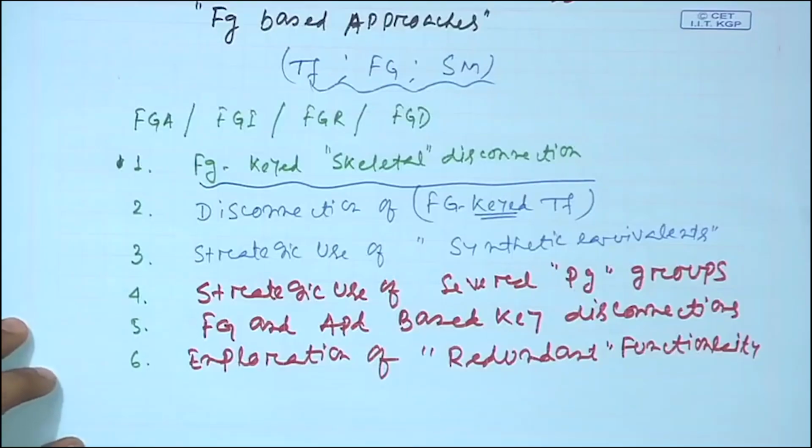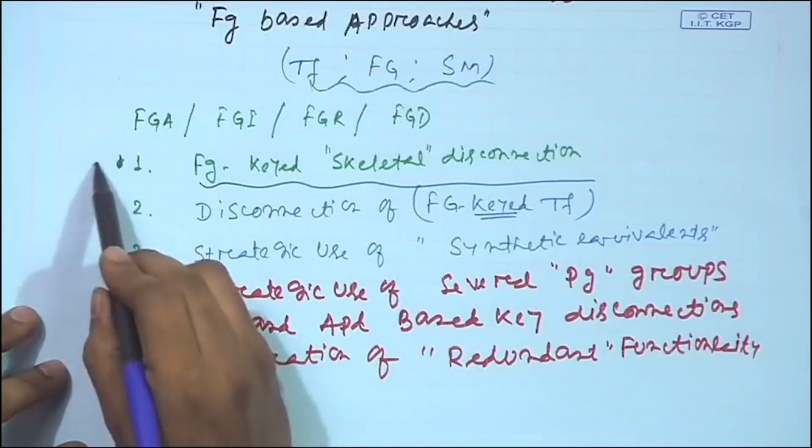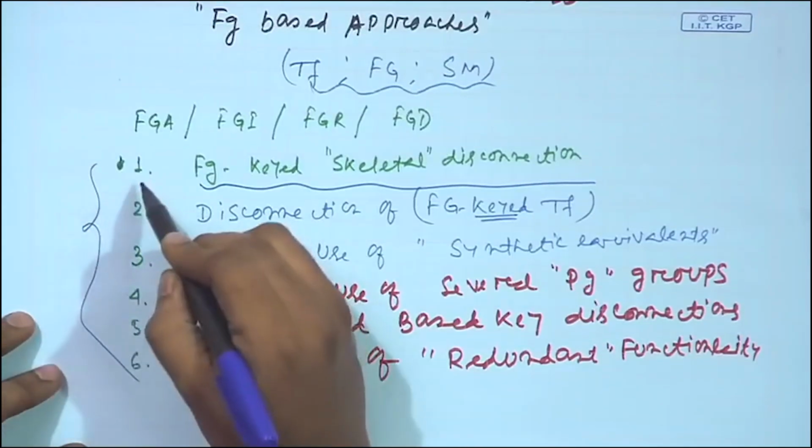With a hydrocarbon you cannot think about any reaction, so you have to take a starting material which does have a functional group, and then remove that functional group to access your target molecule. That functional group is named redundant functionality, which is not really present in the final target molecule. So we will focus our discussion on these 6 topics,